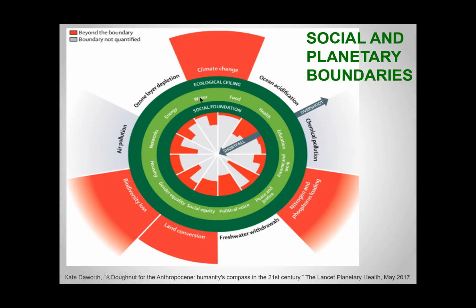shows that we have a need for water and food and health and education, all of these kinds of things, and that we are actually falling short on a number of those in human society on the planet. So we have this donut for healthy living, where we are bounded by the planetary boundaries and the social, the way in which we are dependent on these factors for our well-being.